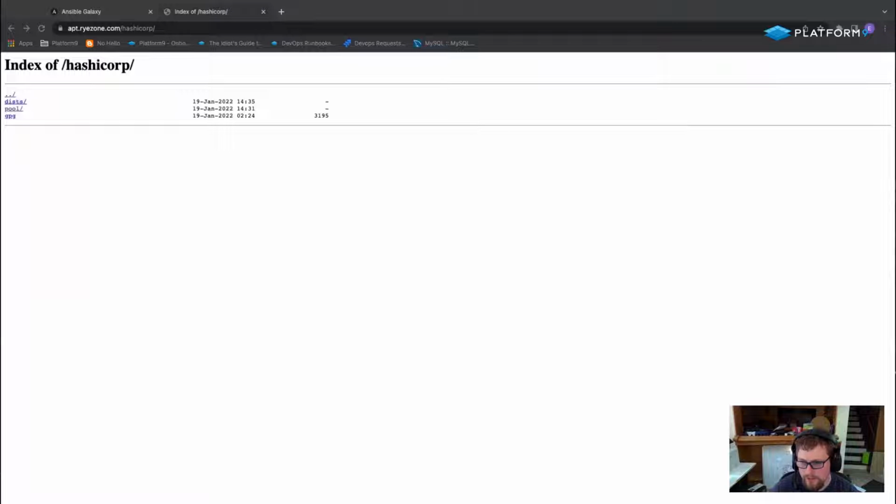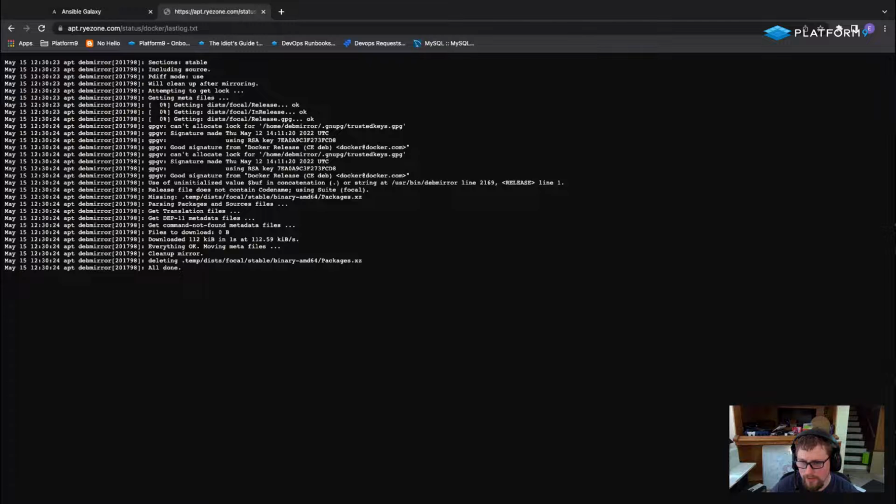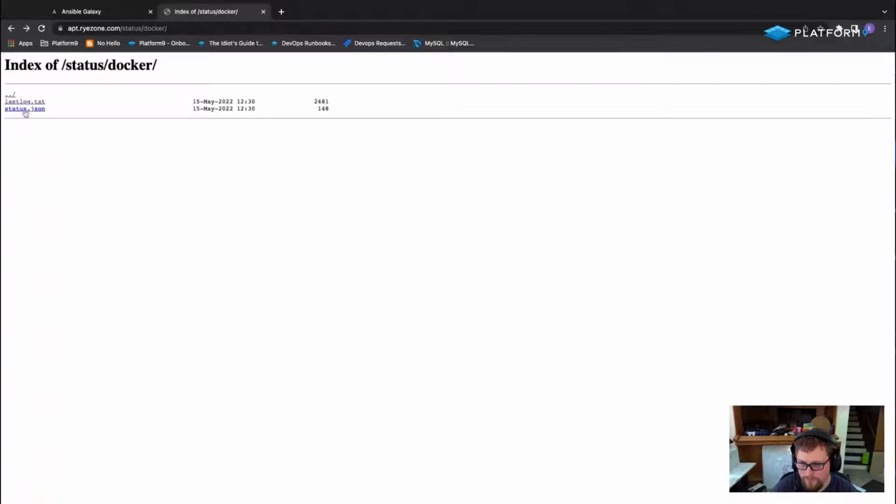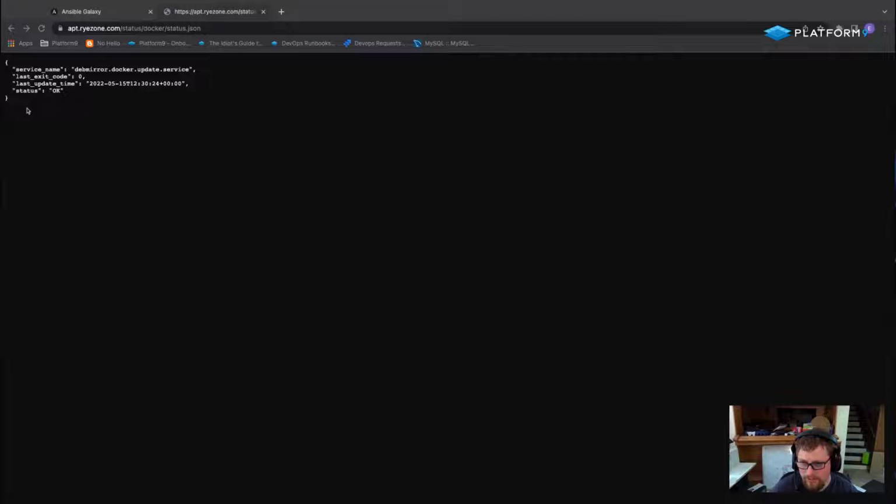I can go to the status directory and I can browse the status for every one of my repos. I can look at the last log. I can see whether or not there were any errors. I can see the current status in a JSON format. So if you had a monitoring tool, you could be looking at this and saying, okay, I'm going to look at this list of